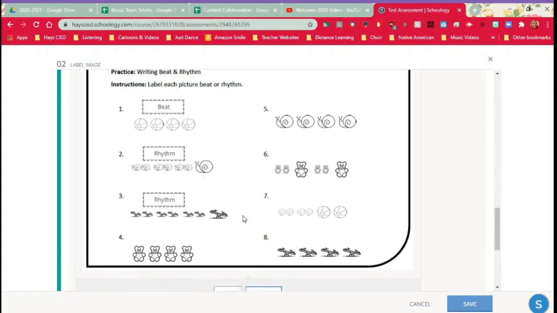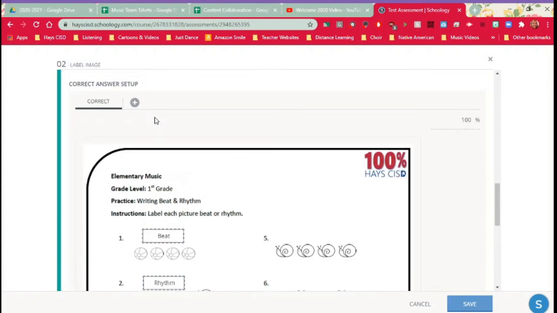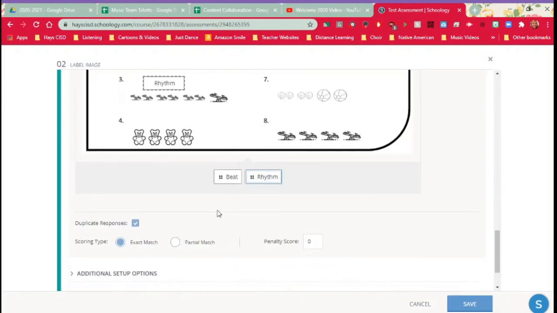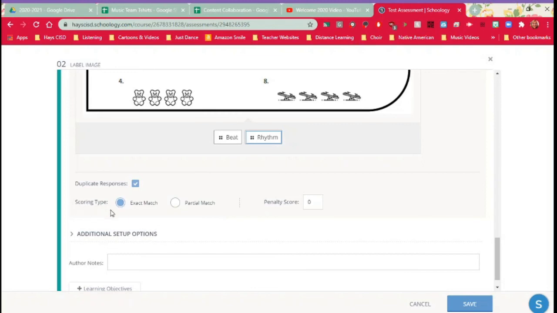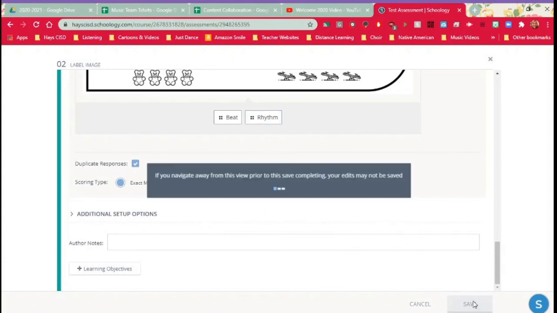Okay? Now let's say there's several options for number 1. You could add another correct answer setup by clicking here on this plus button. If there were alternative answers, you could do that as well. And you could do scoring type exact match or partial match. So it really has a lot of options. It's just knowing how to set it up and work the system. Once you click save,